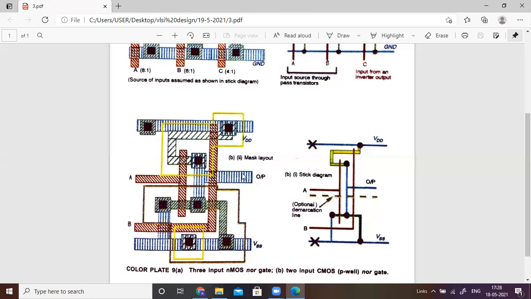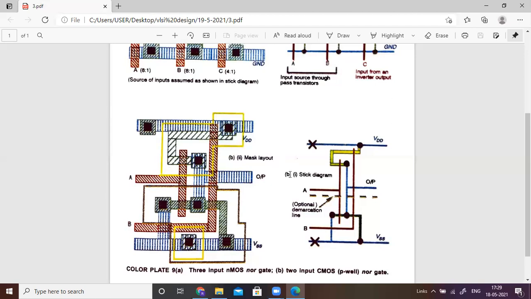So this is the 2 input CMOS NOR gate. Okay, so remember this point. Like this, you can connect a number of gates. It may be a NAND gate, NOR gate. For example, you want to design or construct an OR gate. So just extend this layer to some higher level like this, extend the layer, and then connect the output side. This is the NOR gate.